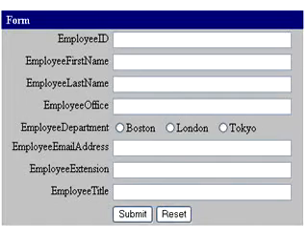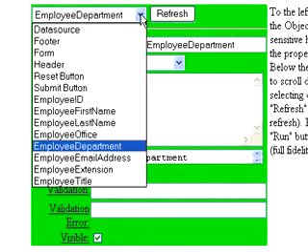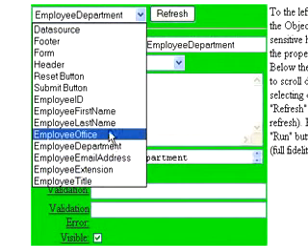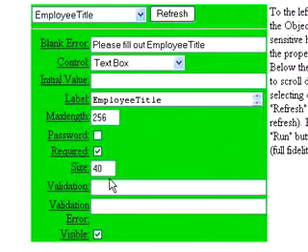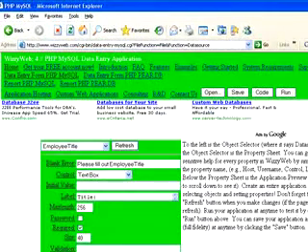Okay, so now we're going to select employee title, and we don't like this default label where it says employee title. We want that to simply say title, so we'll change that, and we'll refresh, and we'll see our changes updated down here. So that's all you really need to do in order to do a basic application,